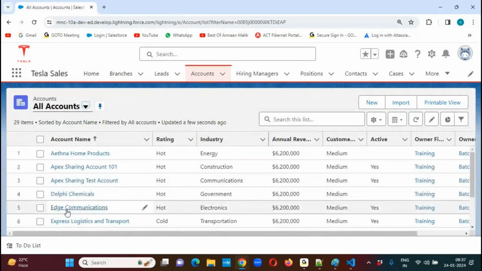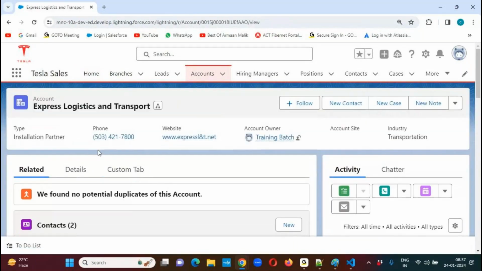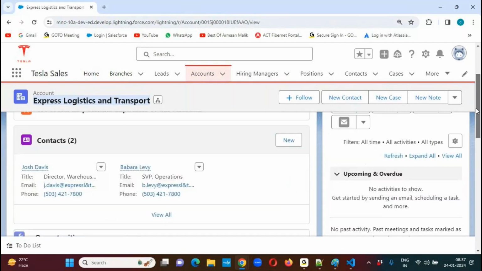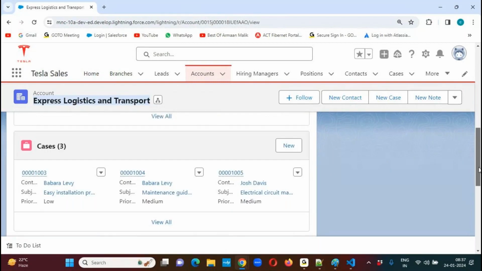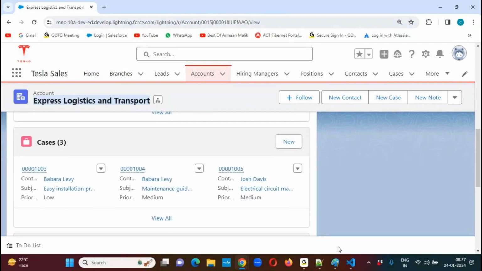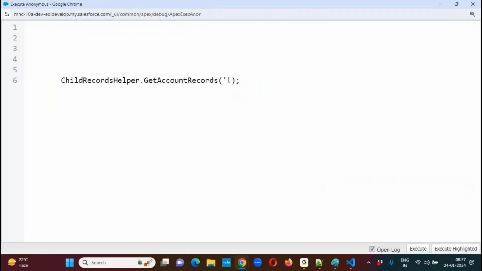For example, I'm taking this account Express Logistics in the Transport. Now tell me, for this account, how many contacts are available? Two. Opportunities, cases, three. Okay, now let's see. Now, whether we are getting the same or not, let's verify. Click on execute,